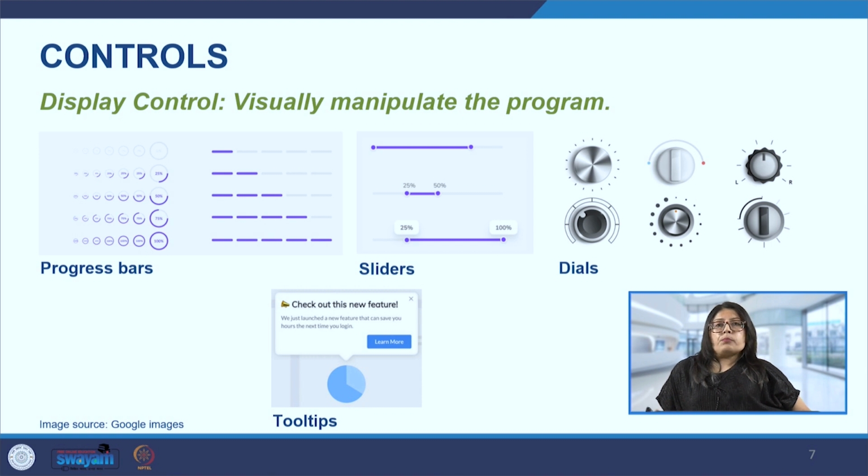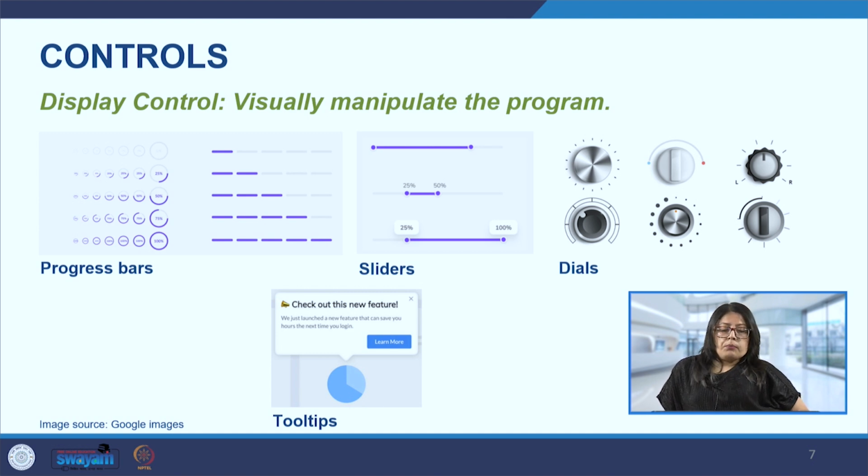Then we have progress bars, which show how much progress we have made. Certain questionnaires require information to be filled in by the user. We can see there that there's a progress bar which shows how far along we are, and how much more time is remaining to fill up the remaining pages of the questionnaire. Also, when software is uploading, there is a progress bar which tells us that it is 85% done, 90% done. So that is a progress bar which communicates visually how far we have reached and how much more time is remaining. So next are tool tips.